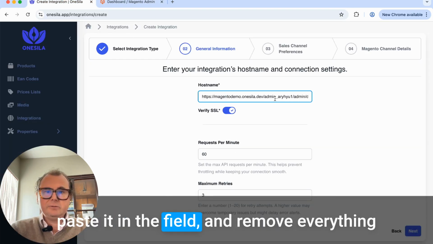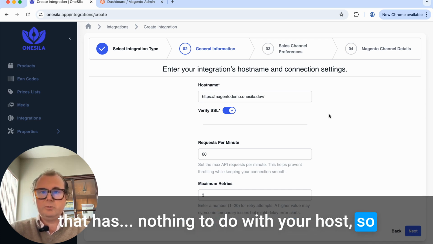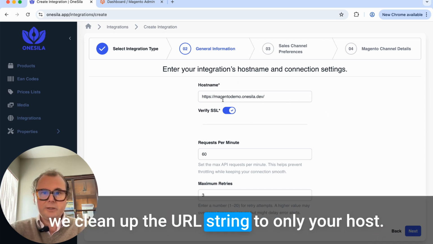So to get started, we grab our hostname, paste it in the field, and remove everything that has nothing to do with your host. So we clean up the URL string to only your host. Next,